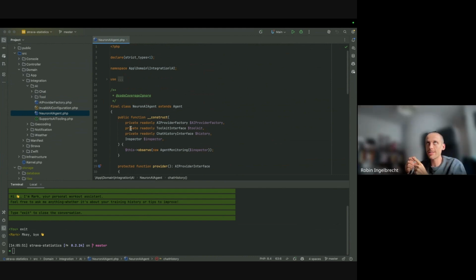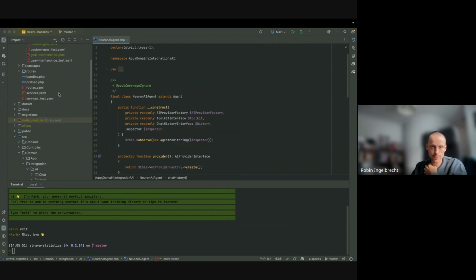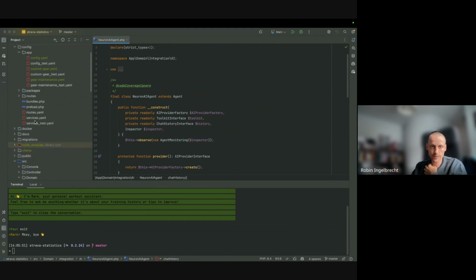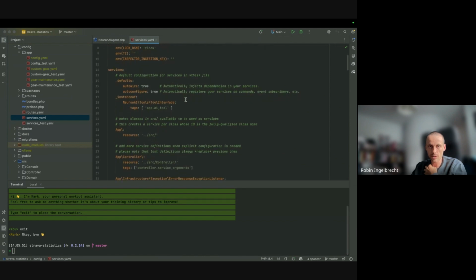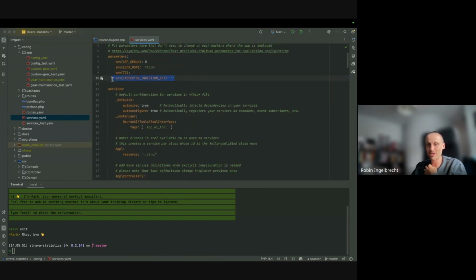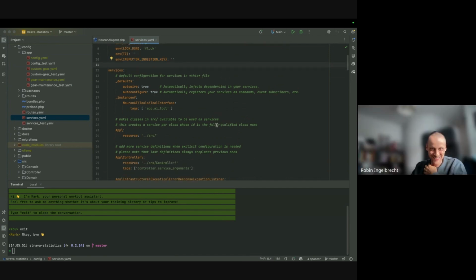So I thought about this and I've set up a sort of little framework or container, as you will, to auto-collect all the tools and inject them into my Neuron AI agents. So actually what I did is fairly straightforward. So if you are familiar with Symfony, you'll know that, look, I'm also using Inspector. Great. So if you're familiar with